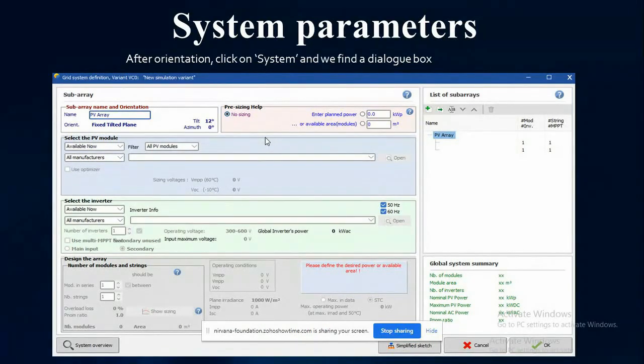So let's just select the PV module. We can select any PV module.